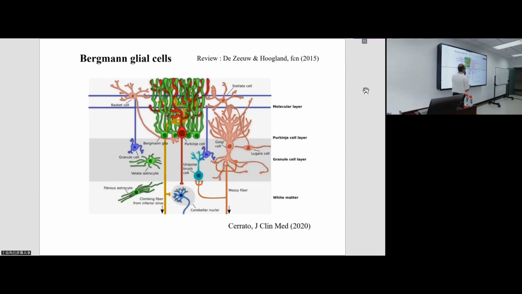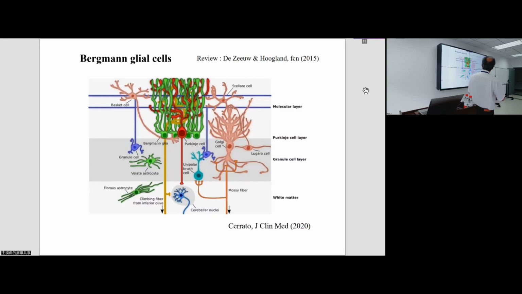These are the Bergmann glia. There are eight Bergmann glia for each Purkinje cell. People are speculating what they can do. One thing they can do is that they certainly regulate potassium homeostasis, meaning the excitability of the whole system. But they also have AMPA receptors, so they may have many other roles. In fact, they play a very important role in the development of the cerebellum. They are radial glia that organize the development. So you have a nice review,